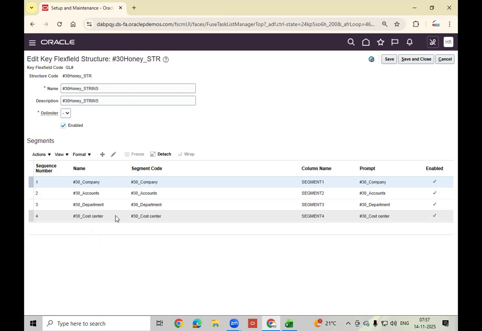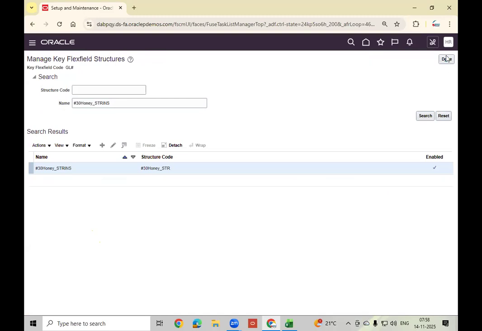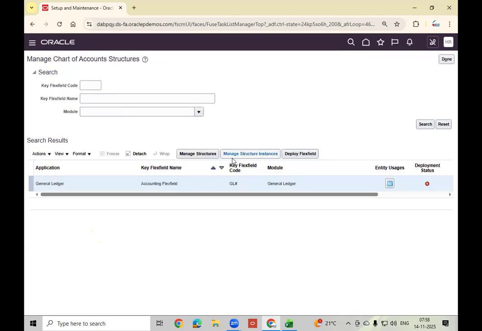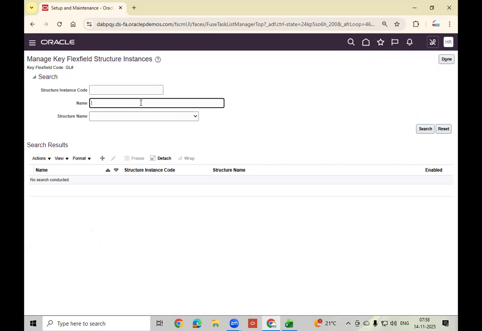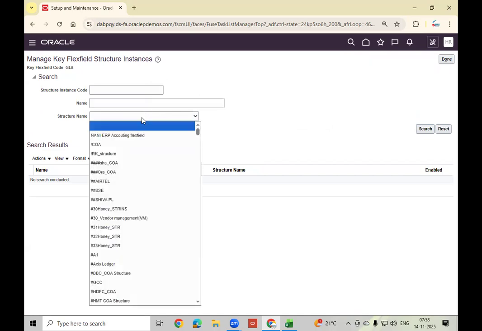The instance they defined the fifth one, the vendor management segment. How were they defined? So this one also is there.